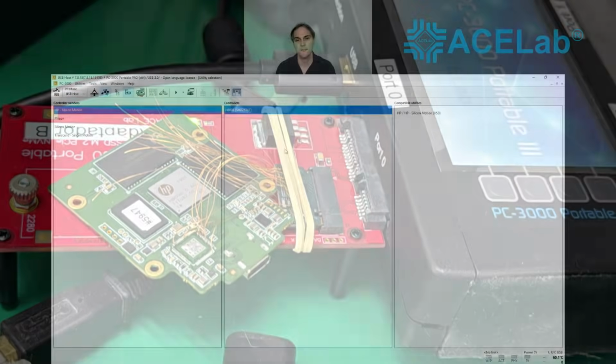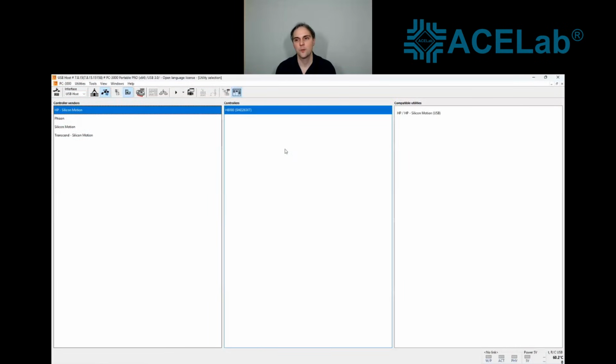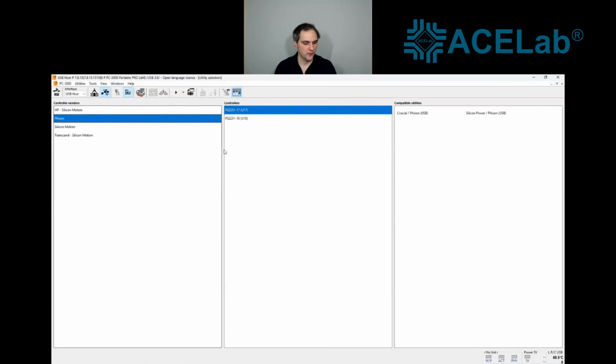But right now things are much simpler and you can work directly via the USB port. Now let me show you what we can do with the Phison